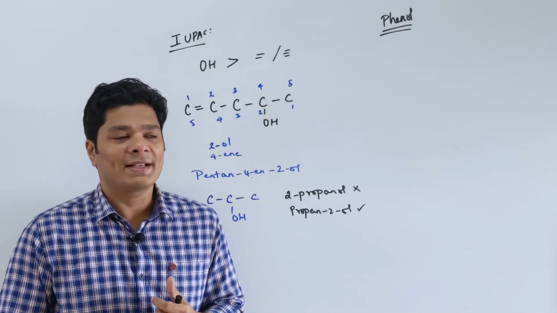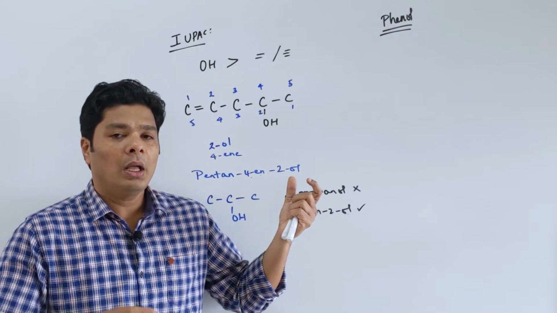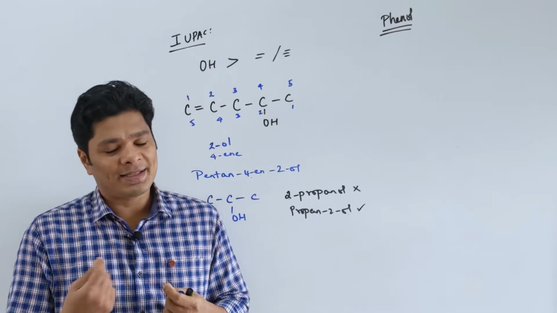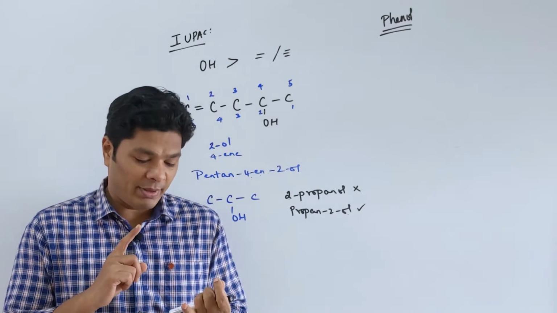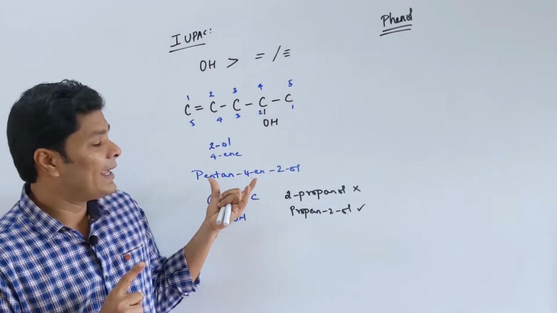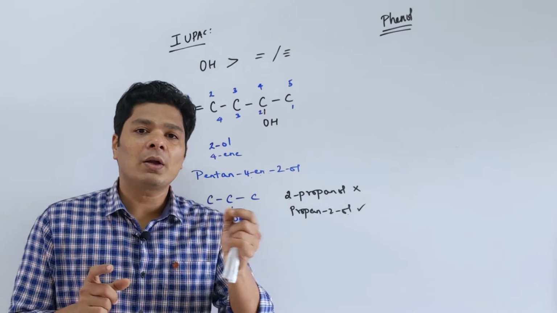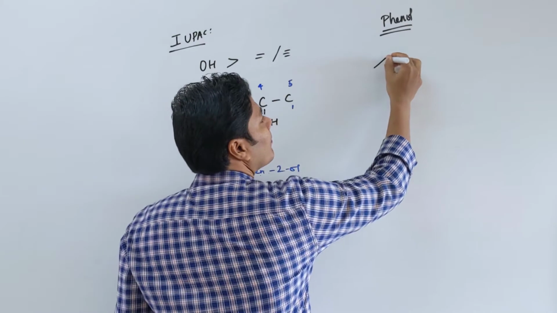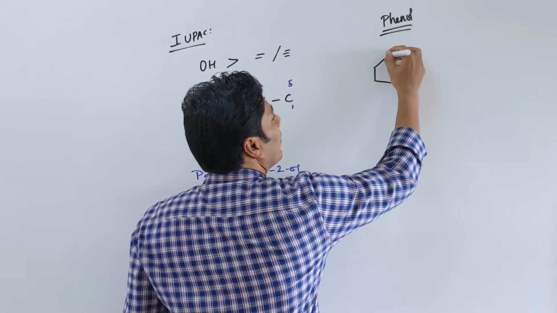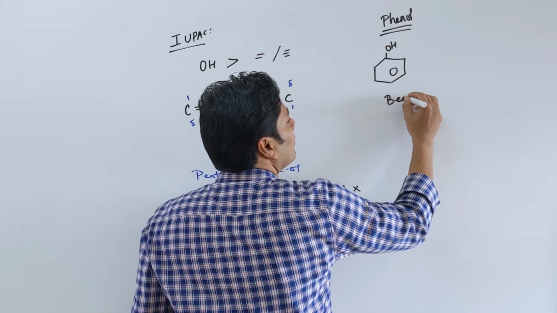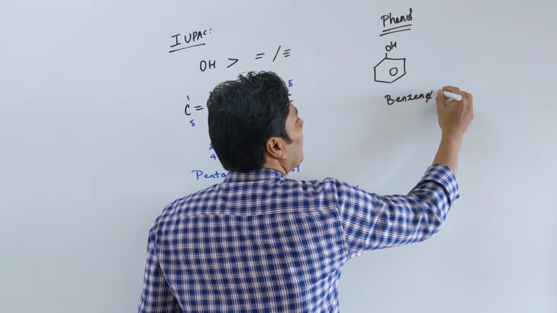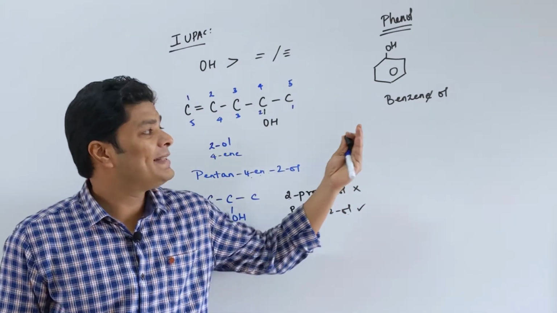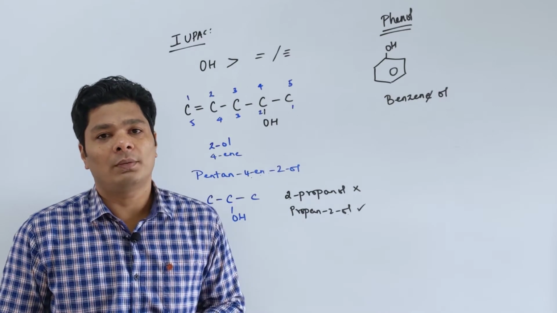Phenol is also called carbolic acid. When it comes to phenol, the common name and IUPAC name are the same, because it's a commonly accepted common name as an IUPAC name itself. But you can also name it just like our alkane. Alkane becomes alkanol. Similarly, phenol is a benzene ring with the OH. From benzene, I can drop the E for an OL, so it can also be a benzenol. That is another name for phenol.